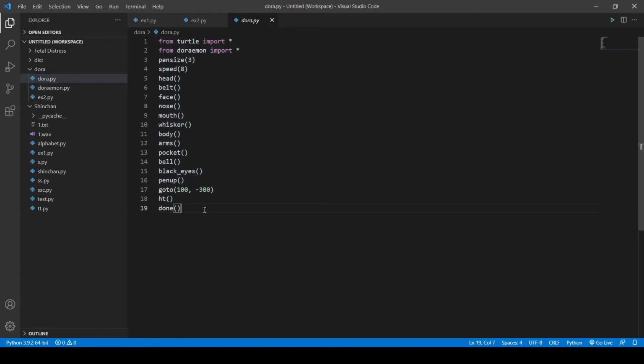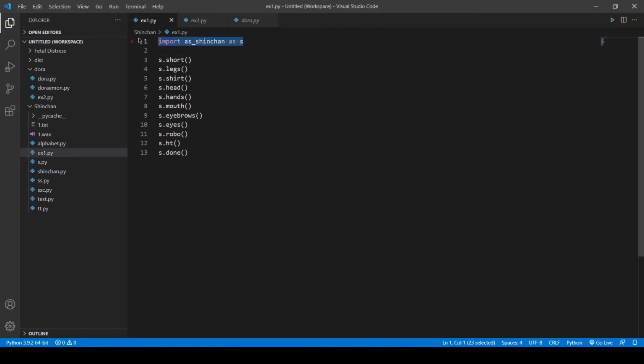So it would be difficult for a person with no knowledge. That's the reason I published the modules. You can directly install from pip and directly access them by writing import as_Shinchan or as_Doraemon, assign it to a variable, access the functions, and run the code.